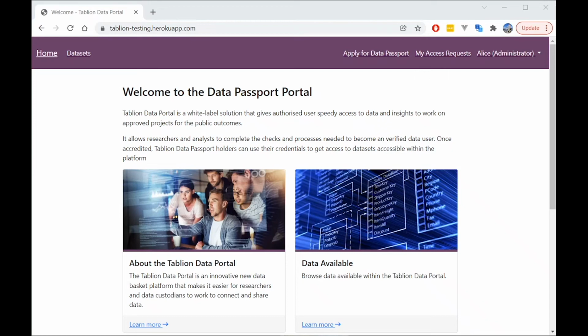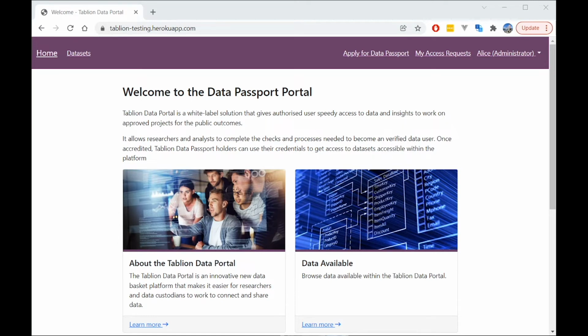As part of this webinar, one of the other things that I really wanted to talk through was a little bit about our new product, the Tablion Data Portal. What I'm going to do is give a quick 5-minute overview of what Tablion does and how it's really designed to assist government organizations and academic organizations and people in the private sector who are all looking at ways to make their data more accessible to other organizations or other people or researchers in a nice, secure